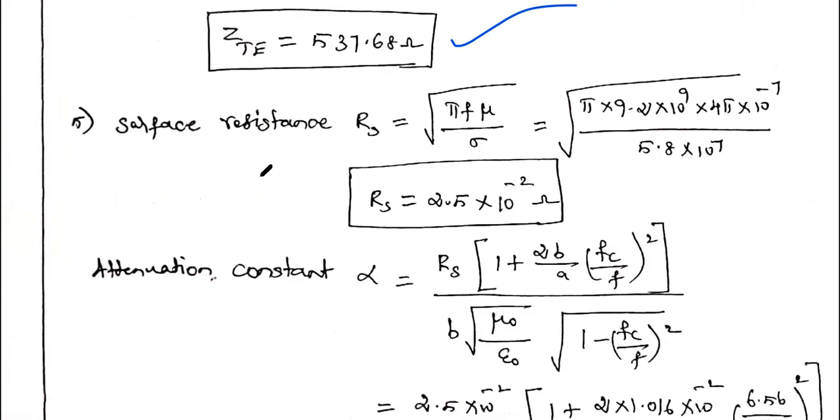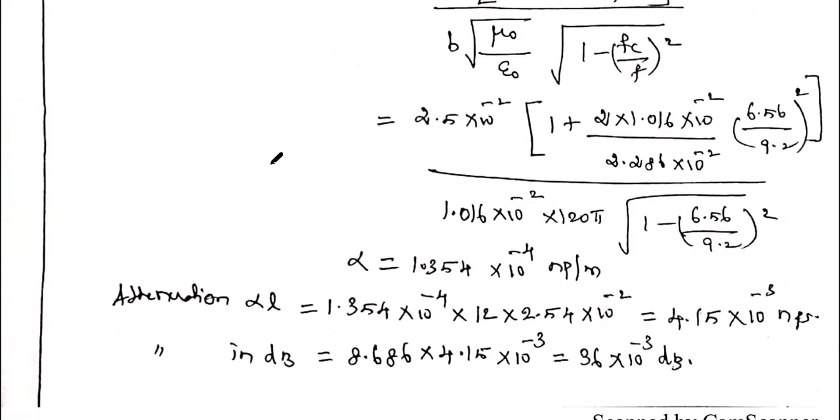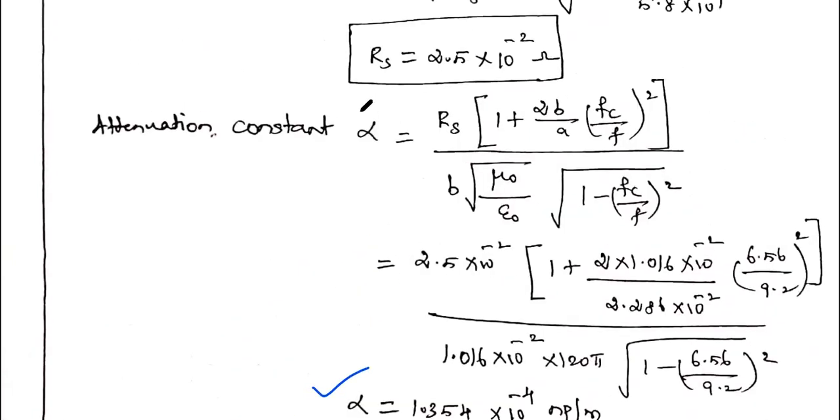And the last question they are asking loss. What is the loss value we have to determine? Okay, so in order to find out the loss, loss is nothing but attenuation per length. Okay, so in order to find out the attenuation means alpha into L, where alpha is the attenuation constant. So in order to find out the loss in dB, first we have to calculate attenuation. If you want to find out attenuation, first you should calculate alpha. What is alpha? Alpha is the attenuation constant.